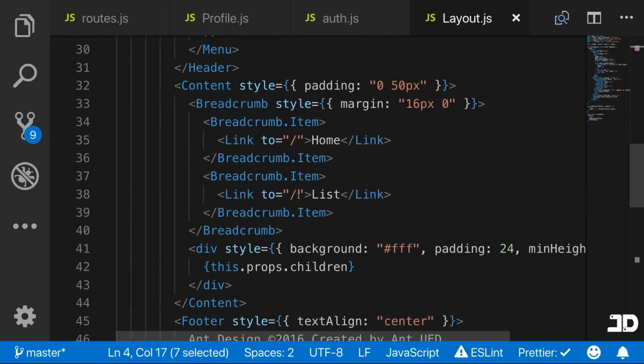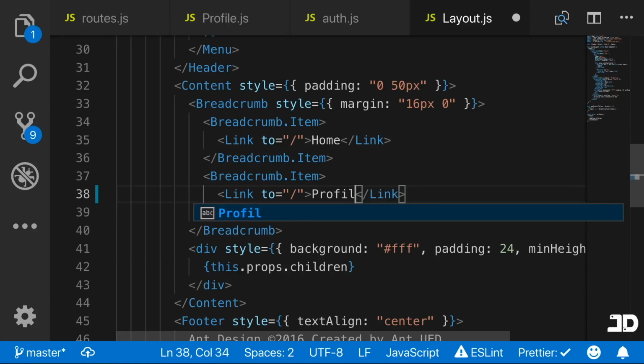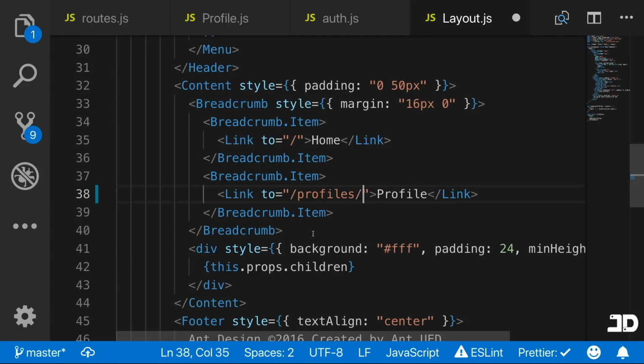And basically what we want to do is just add another breadcrumb item. So we can actually remove the list item here, and we'll just make this profile. And this is just going to take us to profiles and then an ID. So we'll make this output dynamically and use string substitution. And this will be